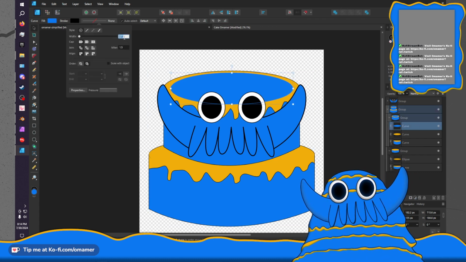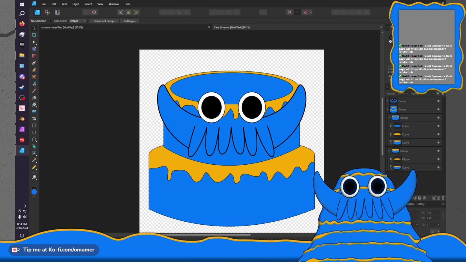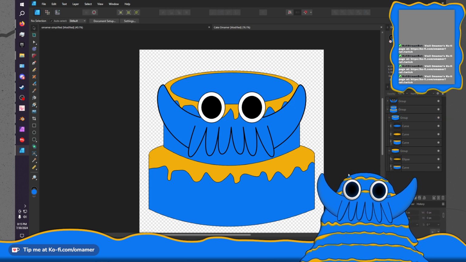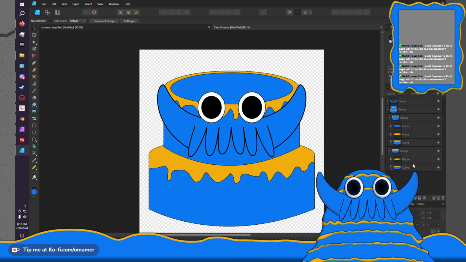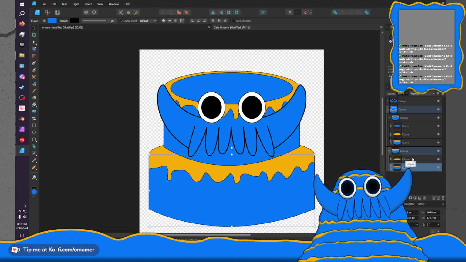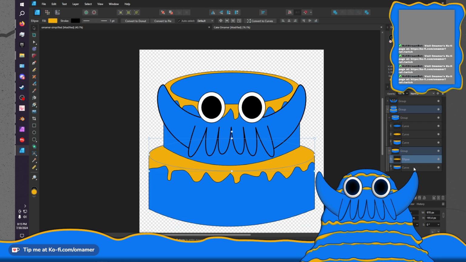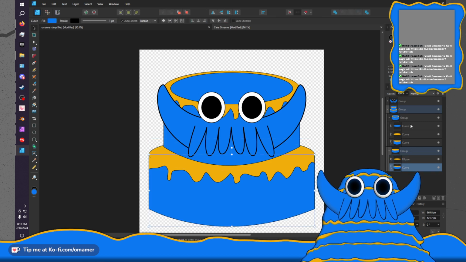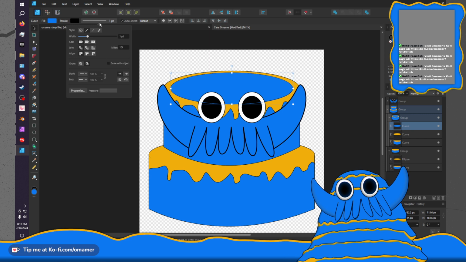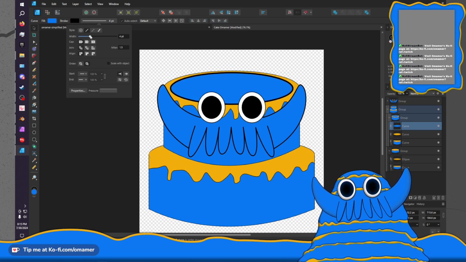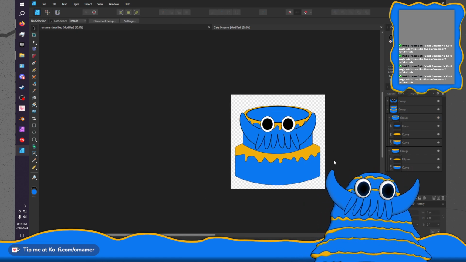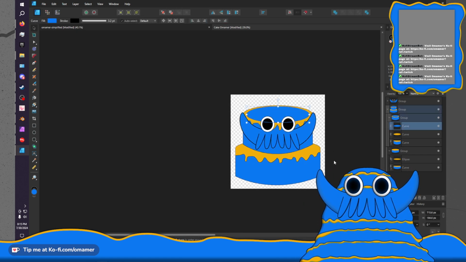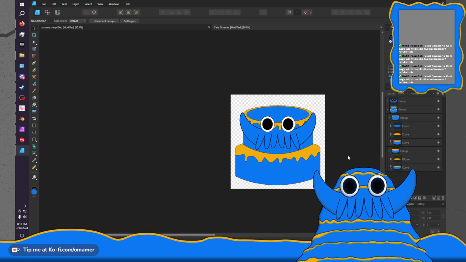What's it look like with a stroke? Just a 1-point stroke. I'm going to give it a thicker stroke to kind of match the rest of the body here, or the face. No, I think it looks better with the thin stroke.